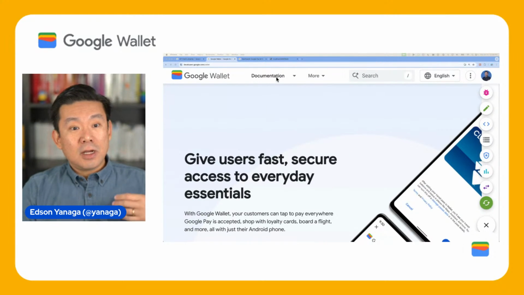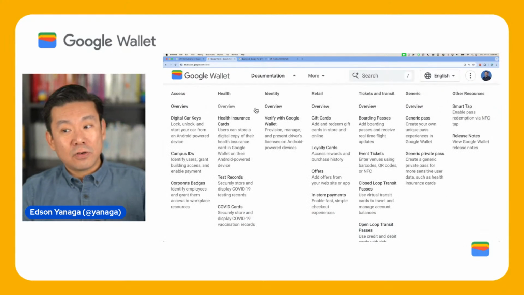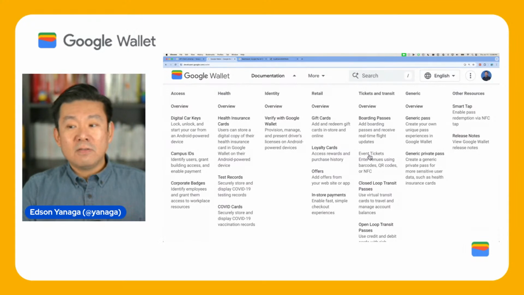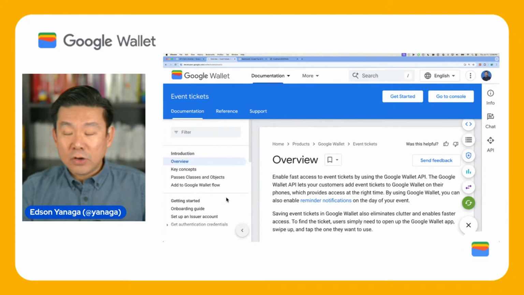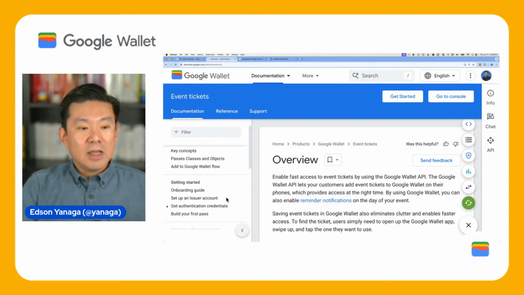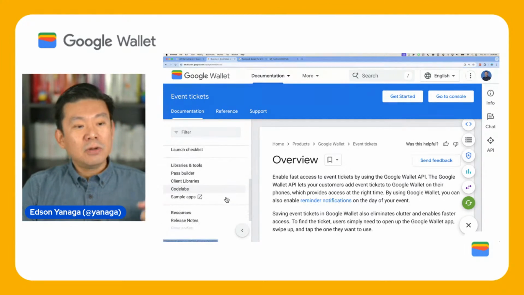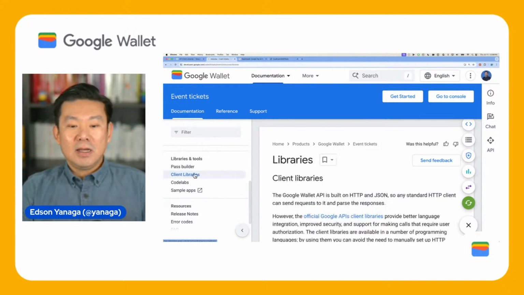And if you want to learn more about these client libraries, you can check any of the verticals supported by the Google Wallet API. For example, we're going to do an event ticket today. An event ticket, and if you go to the left side of the screen, you'll be able to see here, if I scroll through the menu, in libraries and tools, you'll be able to see client libraries. If I click here on the client libraries, you can see that,